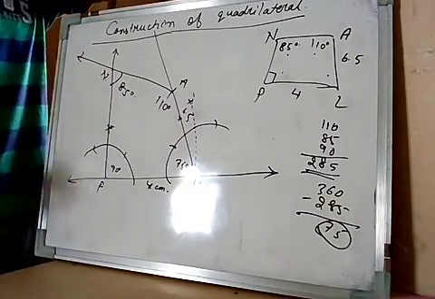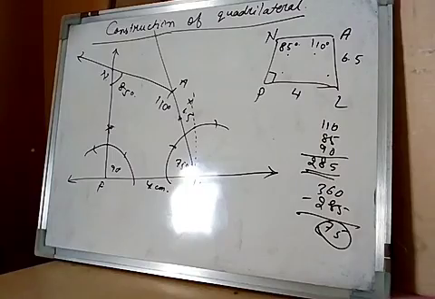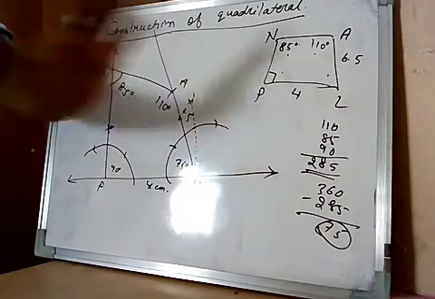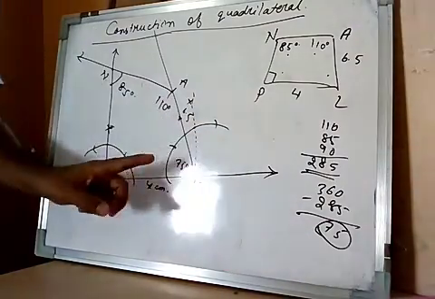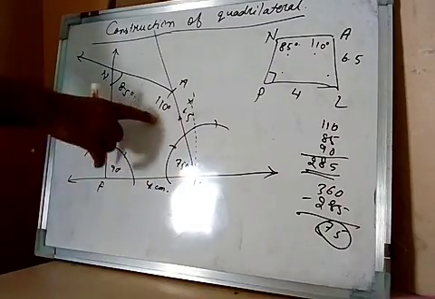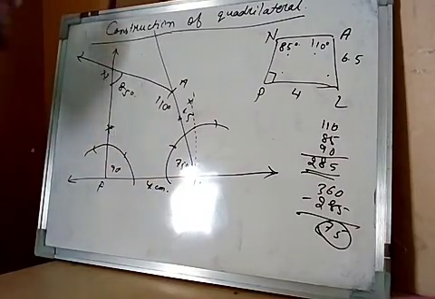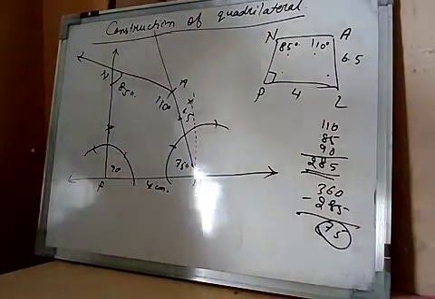After constructing these three angles, 110, 75, 90, this one will automatically be 85 degree. You can measure it by protractor, because the sum of the three angles is already 285, then the remaining will be 75. So here also if these three are constructed, then this one will be completely 85 degree.